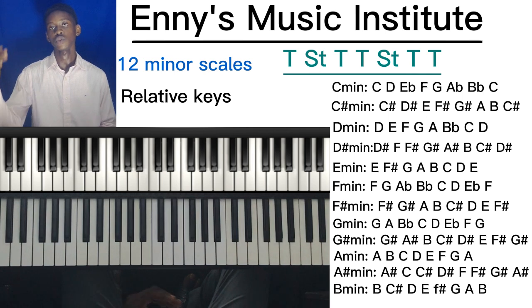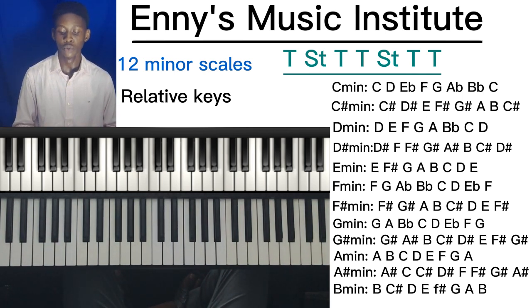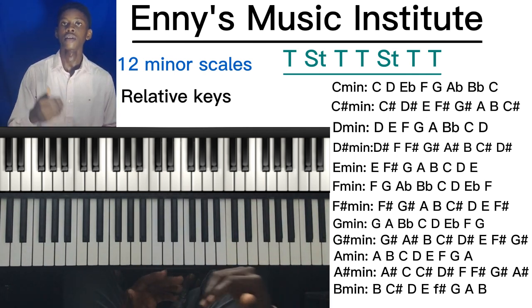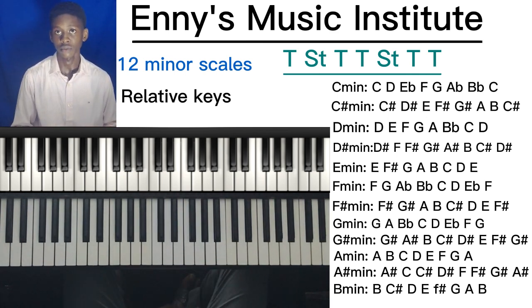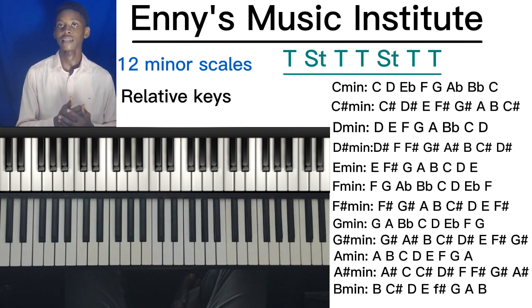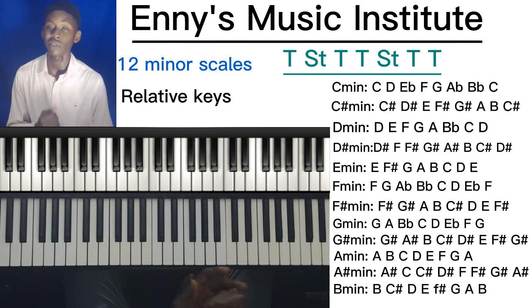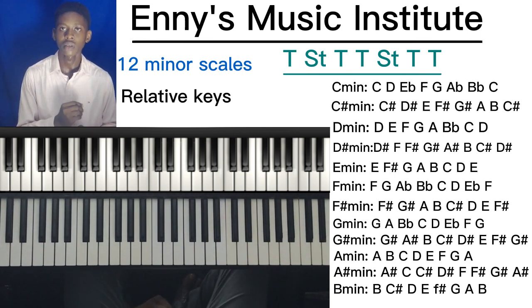alright, so these are the notes for all the 12 natural minor scales. You have the notes already. You have the correct fingering from the last lesson we had along this line. So you can just go on your own and start practicing it. Take it one after the other. Like I said in the last lesson, you want to start from maybe the key of C and just take it one after the other. So that's pretty much all about the